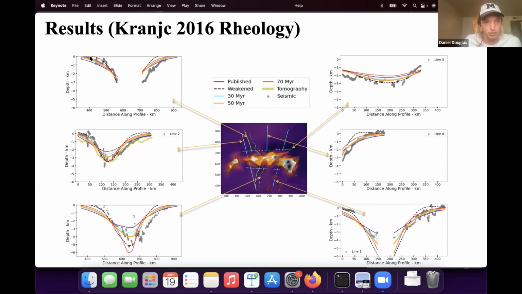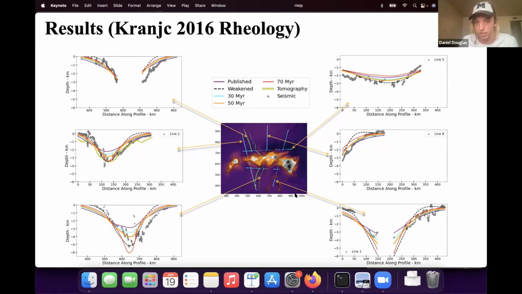But we can see that for all 3 of these profiles, which are centralized around the island of Oahu, we get similar fit quality between my method and the other study's method. The black dash line and the orange lines are providing similar qualities of fit to the data set along these 3 lines, which is good because that proves that we're in agreement with the previous study around this part of the island chain, which is older and most likely reached equilibrium in flexure since it's 4 million or so years old. But the fits become more interesting as we go towards the younger side of the chain, and